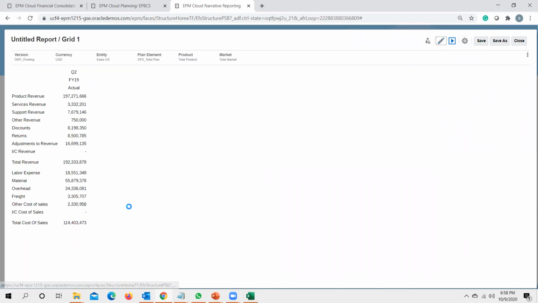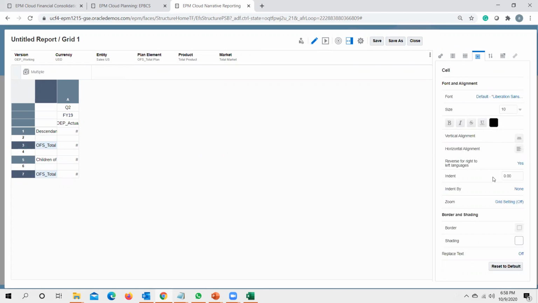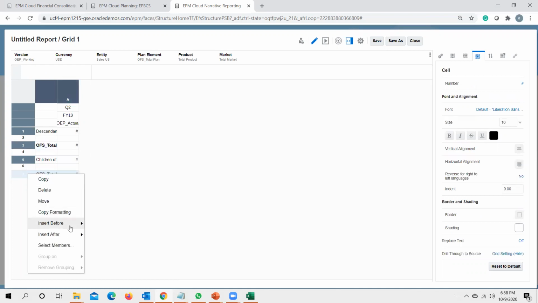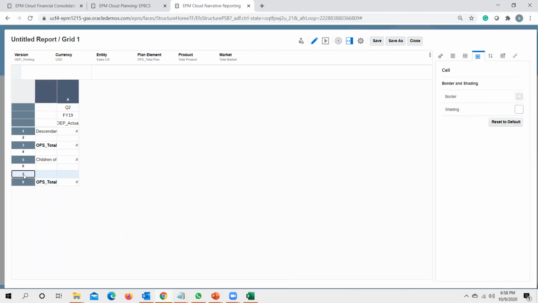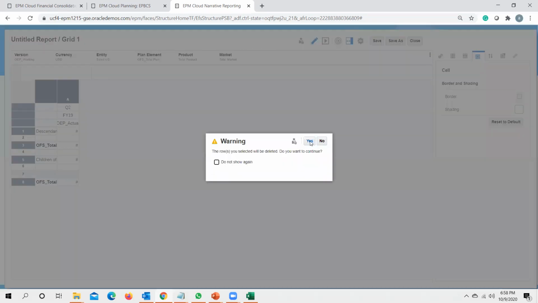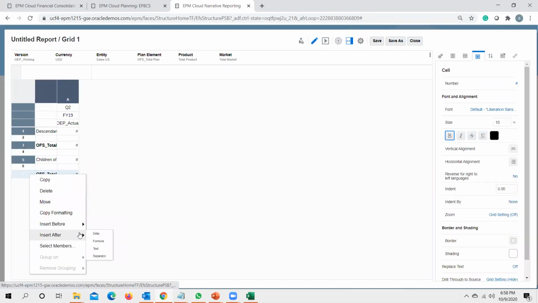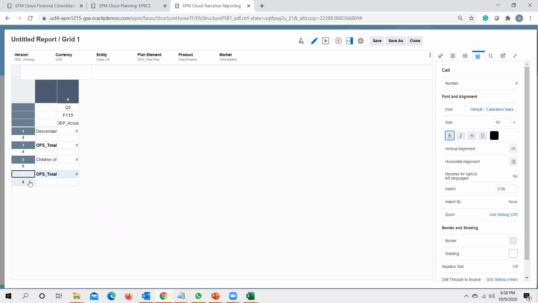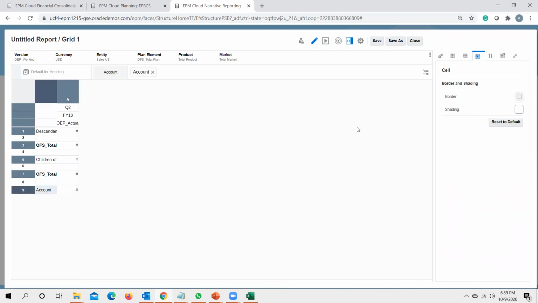Okay. Now a little bit of formatting as desired. I can make these two bold, and I want to keep this as bold. Also I want a separator after this total, and I want to bring in my expense account too. So I click in here and add a separator after this. After this separator, I want another row with data wherein I bring my expense account.